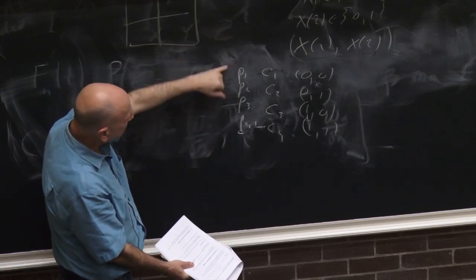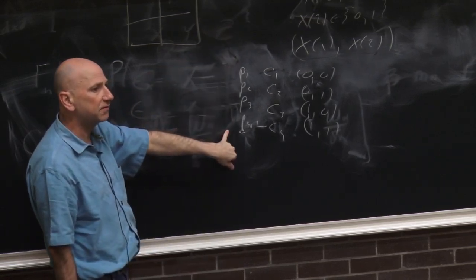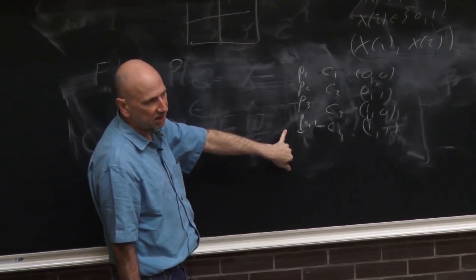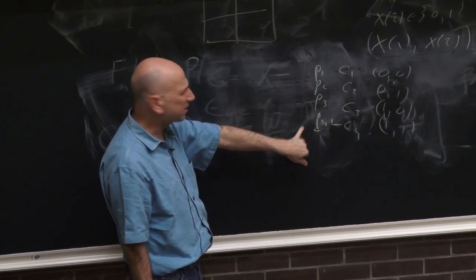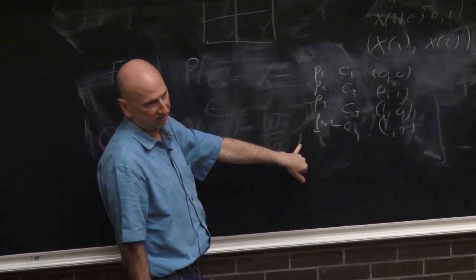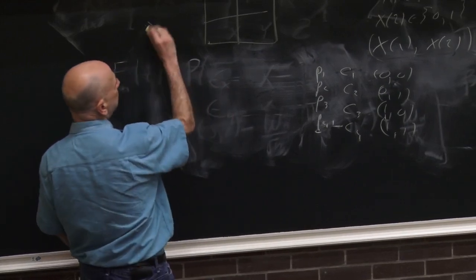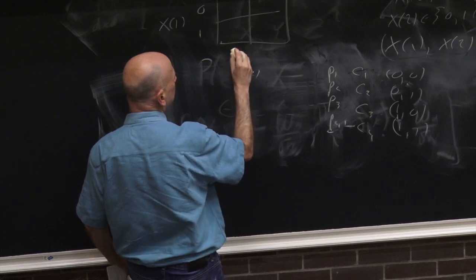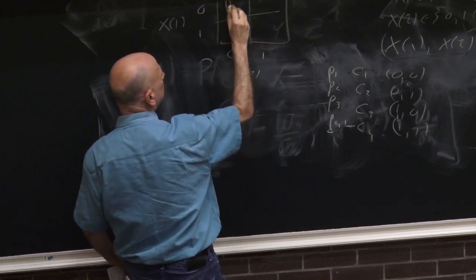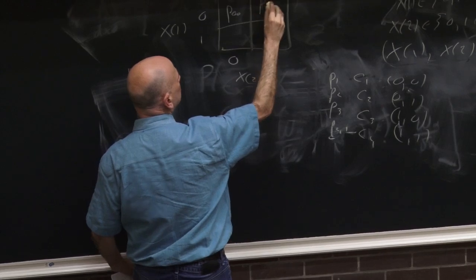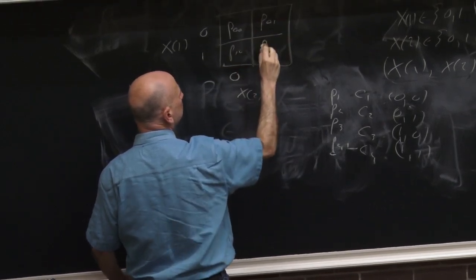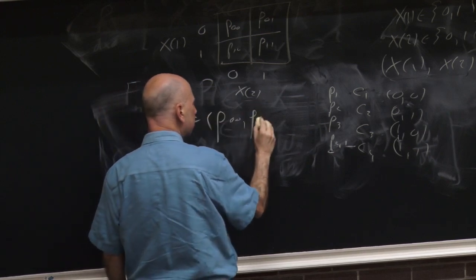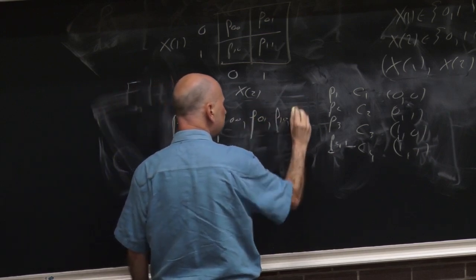But just thinking of it as a multinomial is not so helpful in terms of asking questions like, is x1 independent of x2? Or if you had 3 variables, is x1 independent of x2 given x3? How do I express that in multinomial land? It's better to think about it as a table, where x1 can take the value 0, 1, x2 can take the value 0, 1, and I'm going to call the probabilities P00, P01, P10, P11. Again, this is just some multinomial,